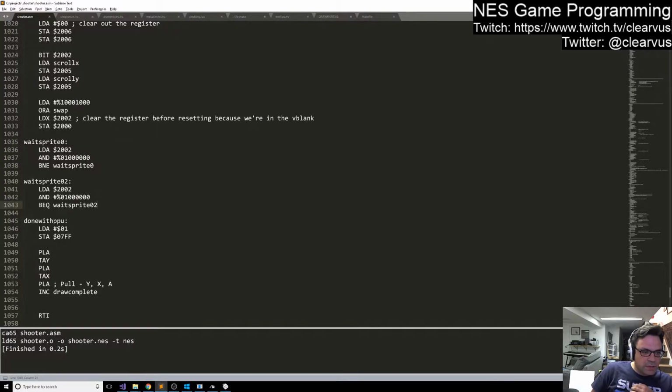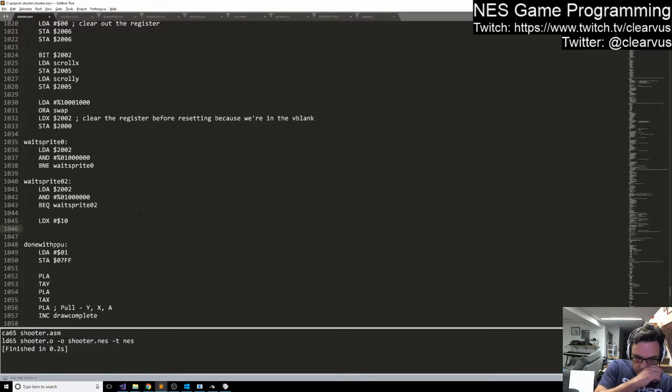So the other thing is that once the sprite 0 hit occurs, and the code wasn't really specific about this that I recall, I remember it saying specifically something like you have to wait for the scan line to finish, and so basically it loaded X with the value 10 in hex, and then